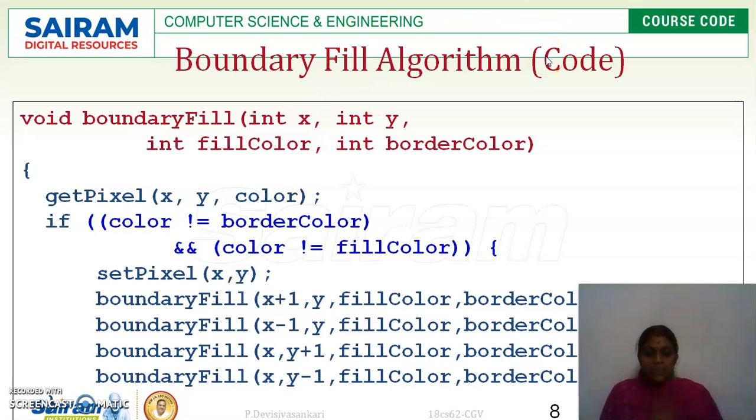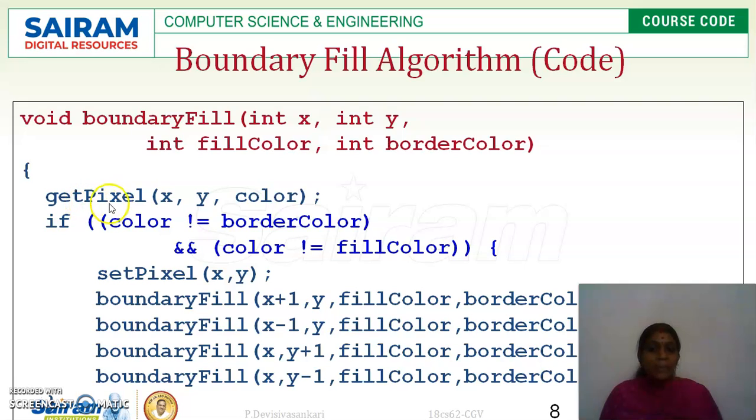So this is the flood fill algorithm, and this is the code, a function which is used for the boundary fill algorithm. Here it is void boundary fill with different attributes. The attributes are, obviously, the x and y coordinate values along with the fill color and border color. Since this is boundary fill, we have to fill a color inside the polygon, and fill a separate color for the border.